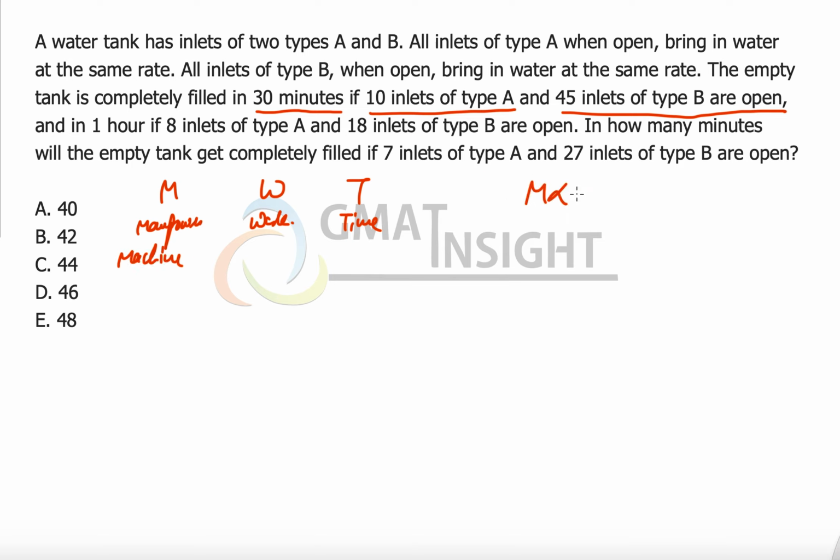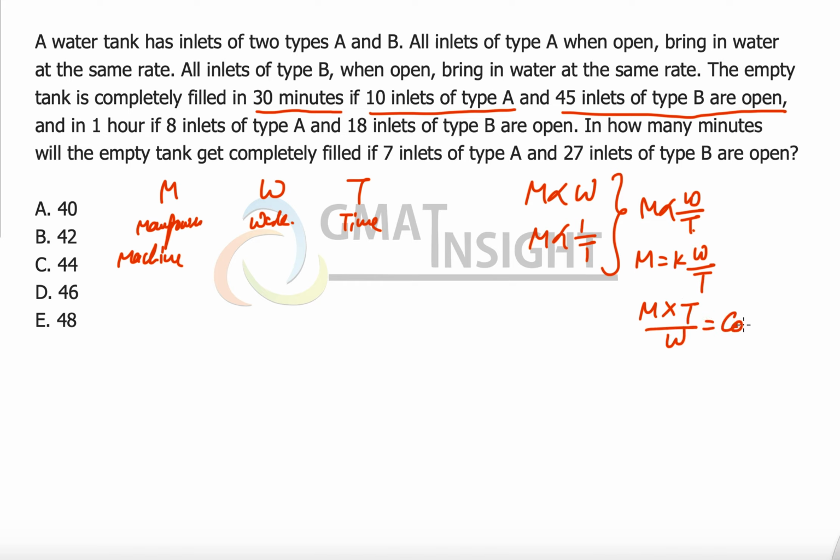So manpower is directly proportional to work, because when work increases, the manpower also increases, and a decrease of work requires a decrease in manpower. And similarly, manpower is inversely proportional to time because greater time requires lesser manpower and vice versa. So we combine these relationships and finally we get manpower is proportional to work over time, which gives us manpower is equal to some constant times work over time, the constant of proportionality. And this gives us a generalized principle that manpower into time upon work is equal to a constant